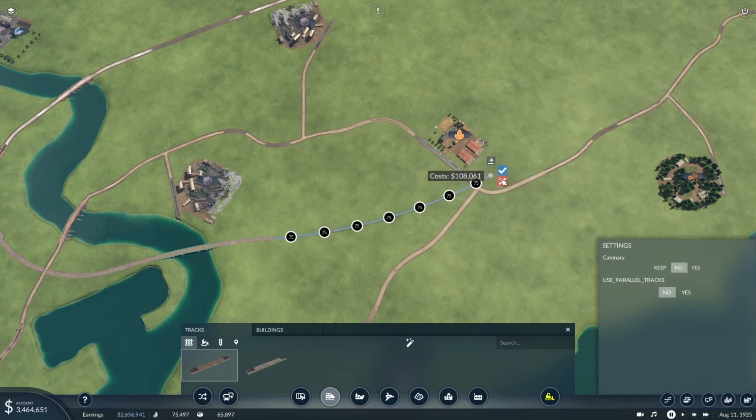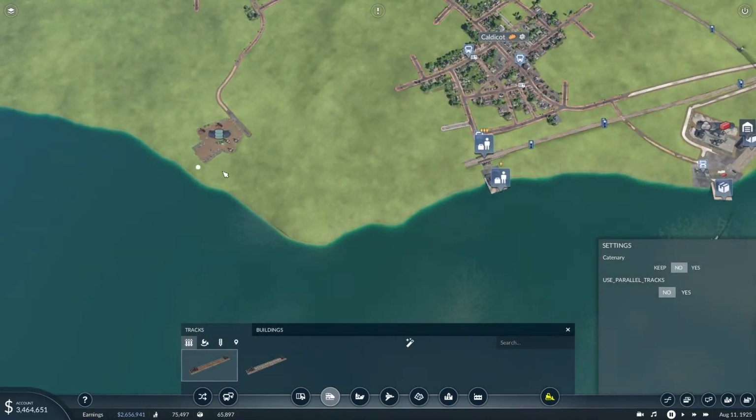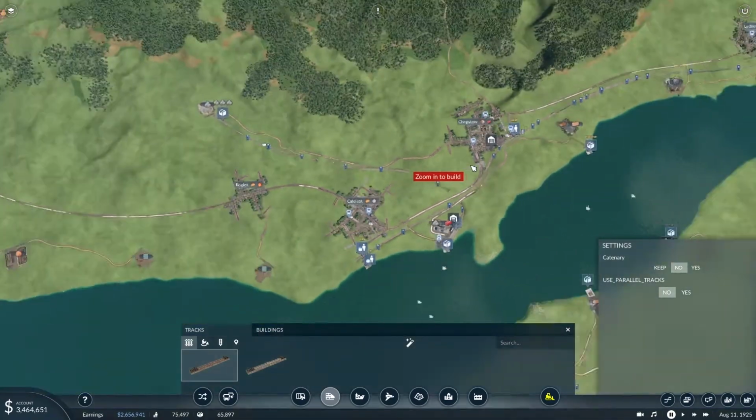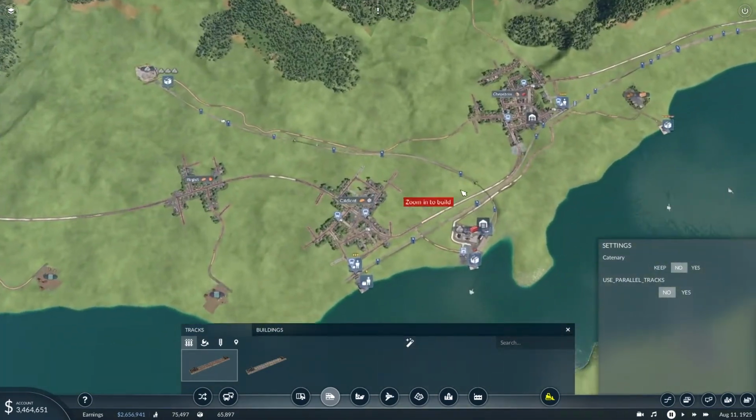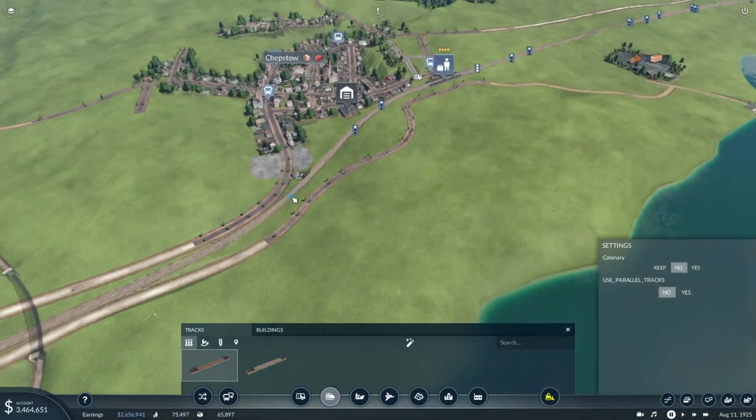No, we should be okay by the look of it. Right, let's start dragging our track out from here. Now, when I'd originally looked at this and thought of a route to Newport, I was thinking of going north of Caldicot, and I've actually used the